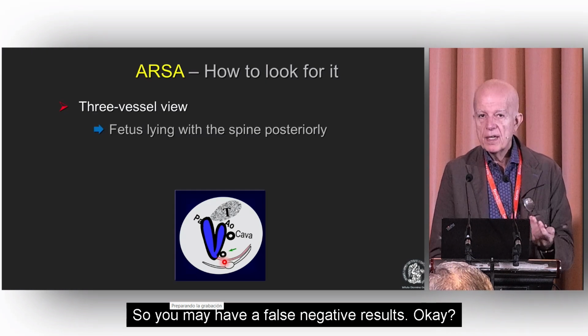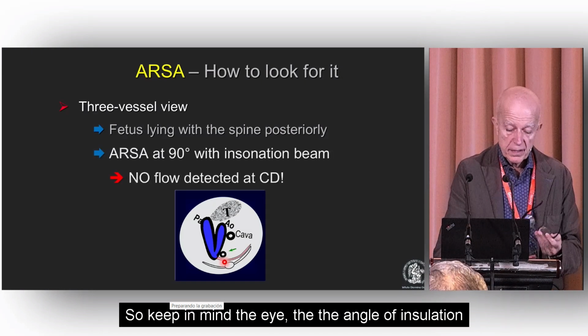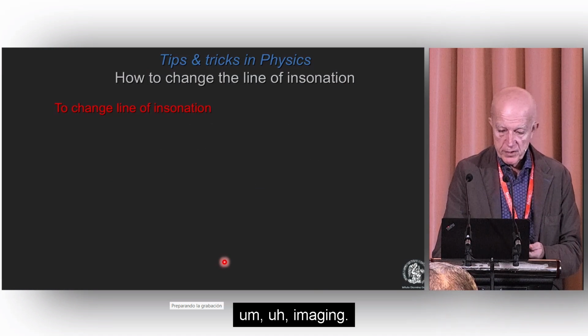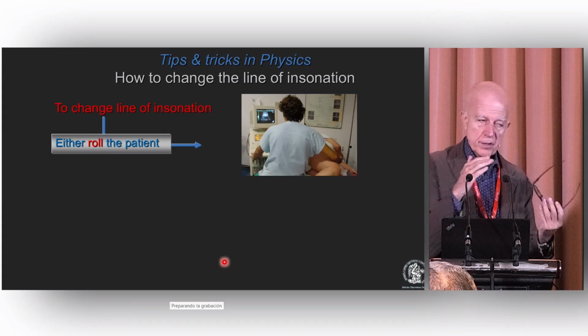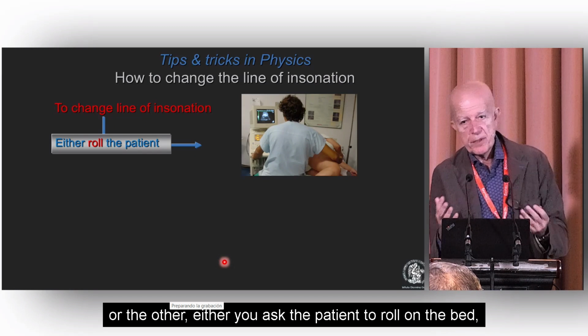So you may have a false negative result, okay? So keep in mind the angle of insonation, because that's very relevant to your imaging. And if you want to change the line of insonation, because as I told you, you have a ventral position and then you have to go on one side or the other,